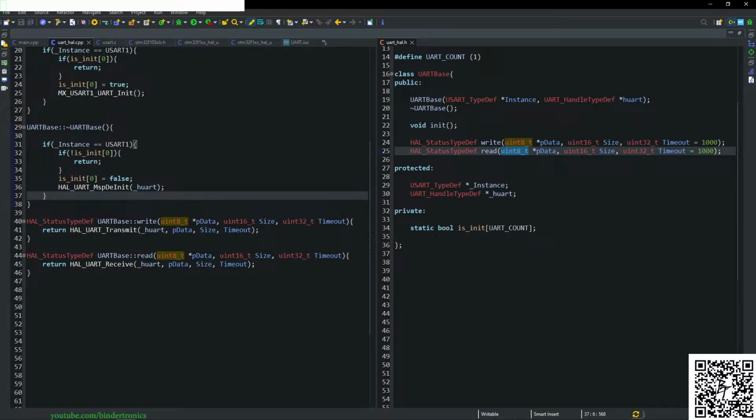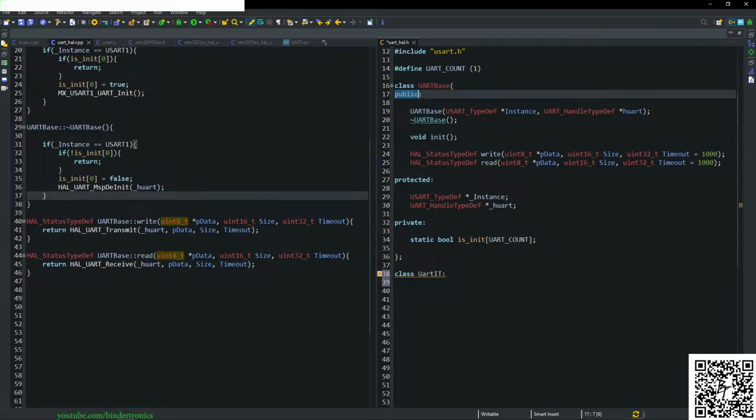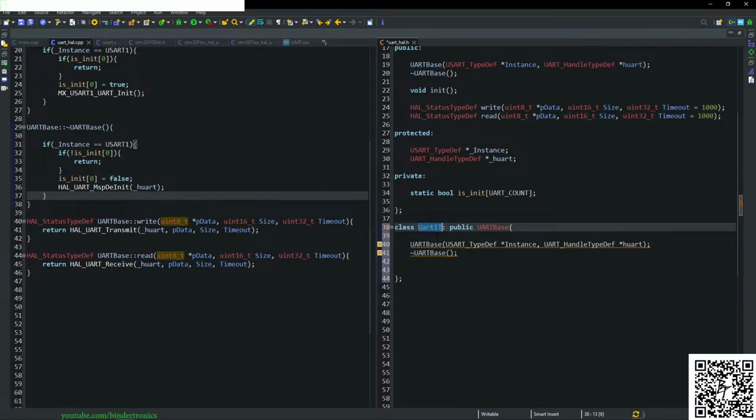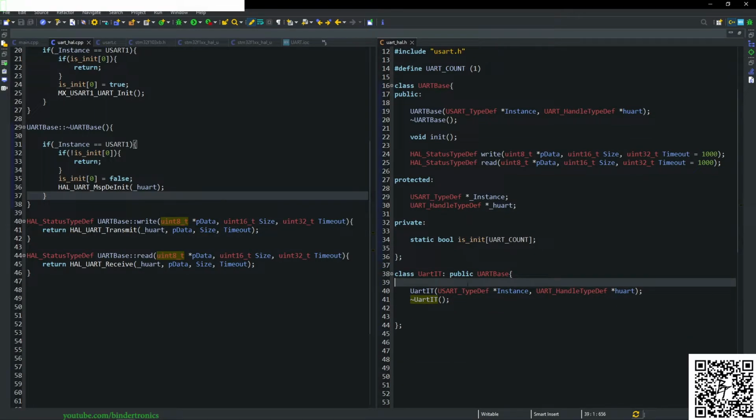So this will be a child class of the base class. What we do is we start with class, and it's going to be called UART-IT for interrupt. And that is going to inherit the base class, public UART base, and then we can simply copy the constructor and destructor from the base class and just change the name. It's going to be in the public section, and then we are going to have some private